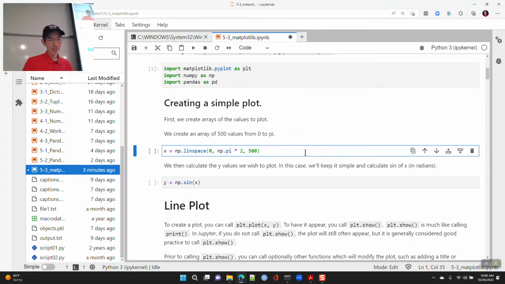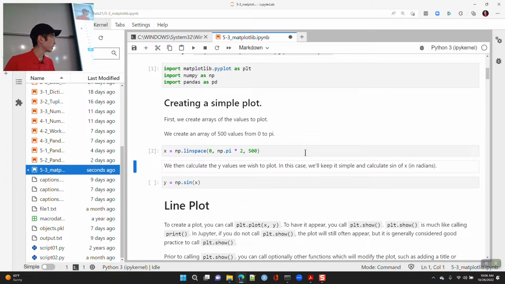Okay, so for a simple plot, first I'm going to just make a sequence from 0 to 2 pi. So x is going to be a sequence from 0 to 2 pi, and then I'm going to calculate the values for y by doing sine of x. If I start off at 0, then you will get the sine curve, right?